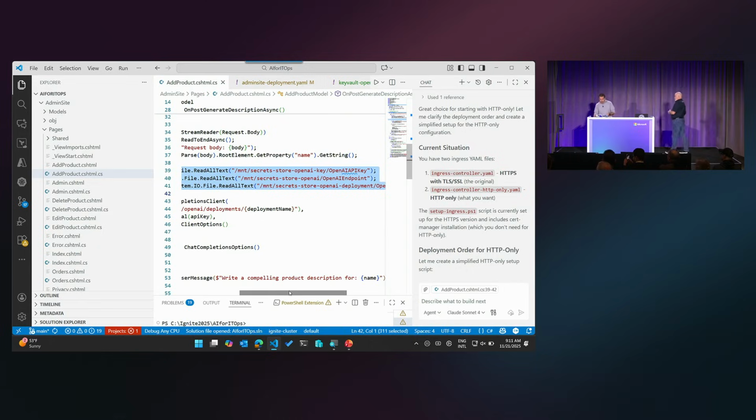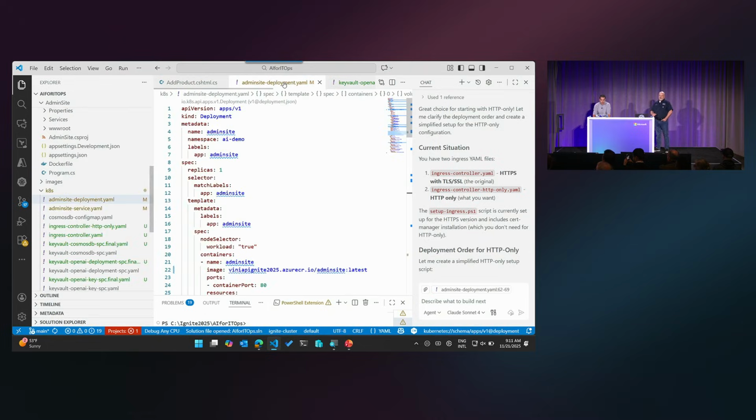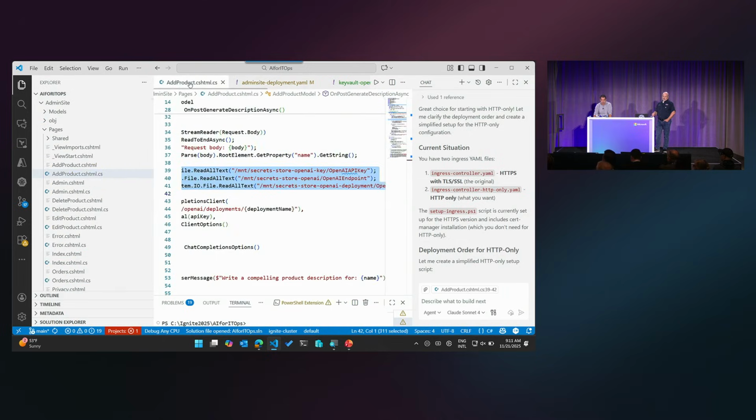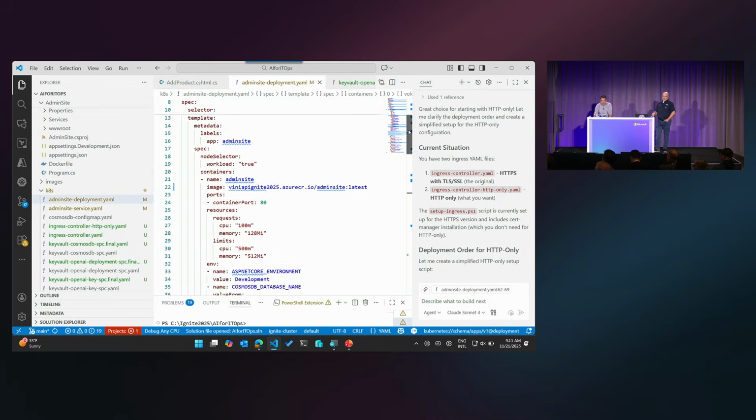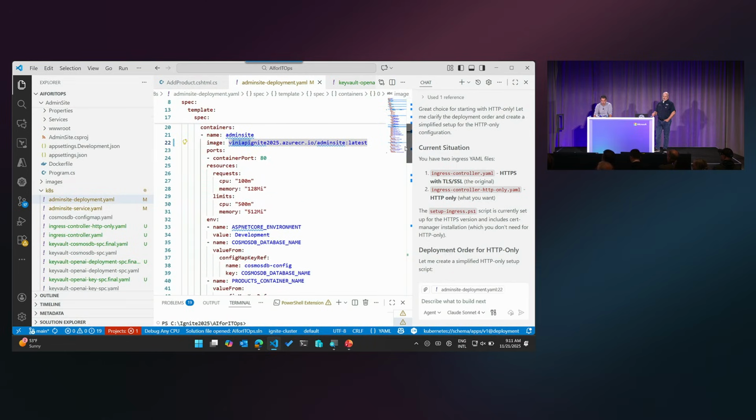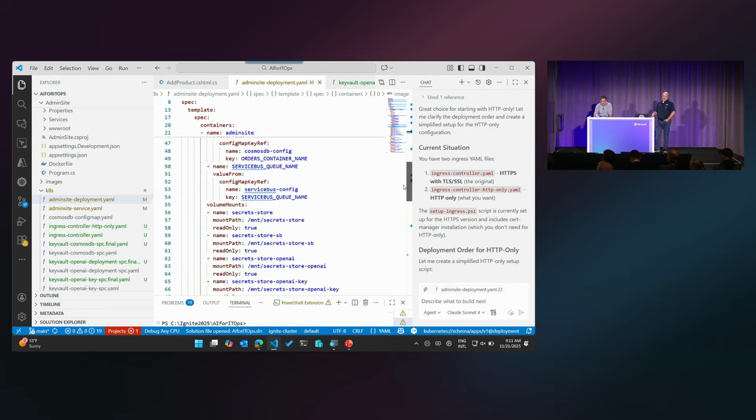Okay. All right, so moving on, what I'm going to show you now is the deployment YAML specification. Hopefully you understand what a YAML specification is. This is the deployment of my admin site. So you see that I was showing you the page for adding a product. It's expecting those variables. And what I'm doing here inside of the process of deploying the application, I have the image that deploys, I have the port that I'm going to deploy, how much CPU and memory I'm going to give to this container, and then we get to the variables.